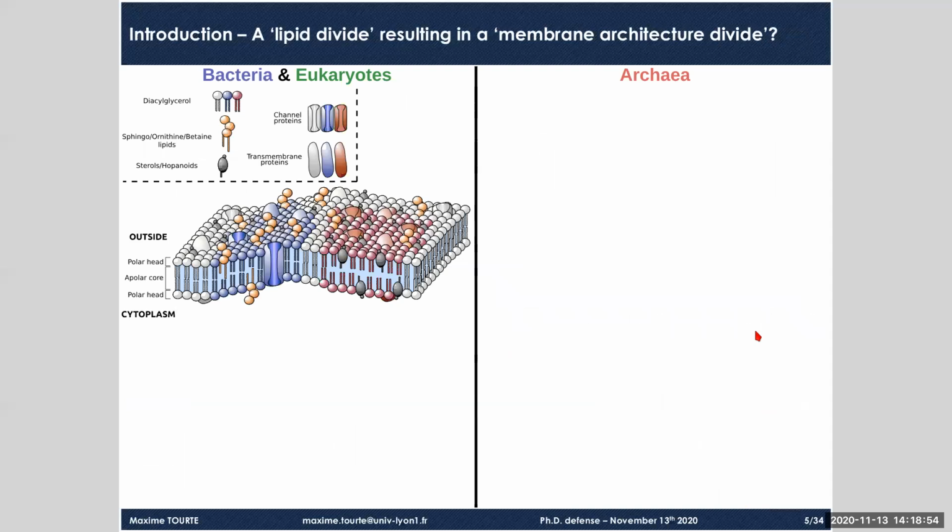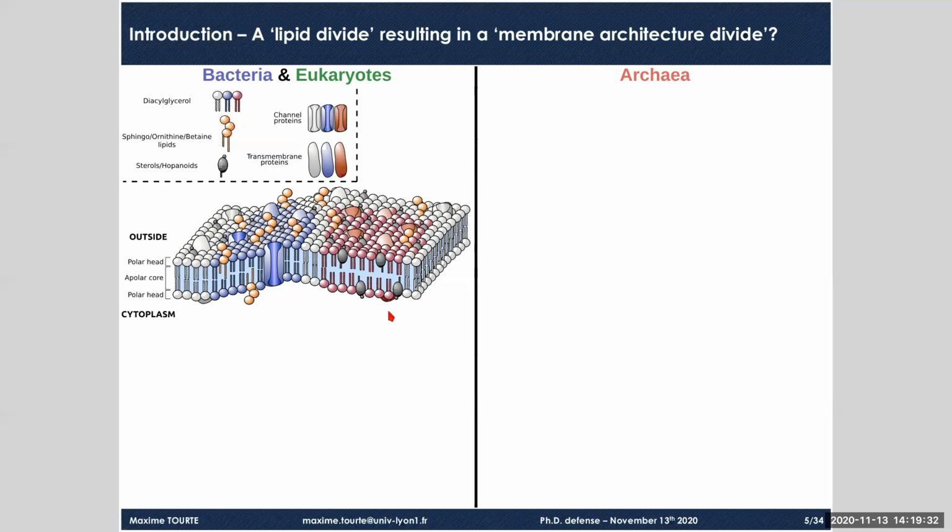In bacteria and eukaryotes, all these lipids form bidimensional leaflets that are called membranes, and by gathering depending on their molecular affinity. So for instance, we can have regions that will be enriched in sterols or hopanoids with saturated lipids, for instance in blue here, while in red here we have the unsaturated lipids that are pushed aside. So we can actually segregate different populations of lipids in different regions of the membrane, which generates differential physicochemical properties of this domain in the membrane.